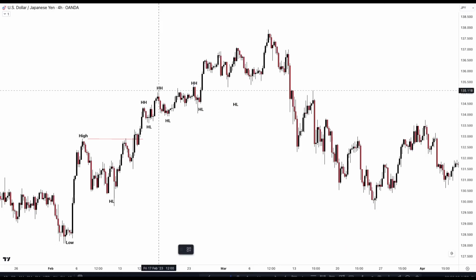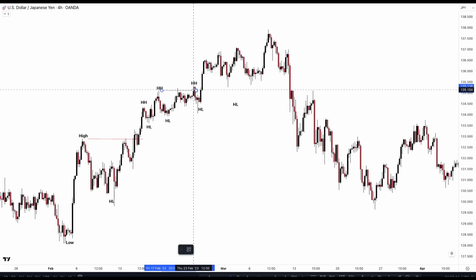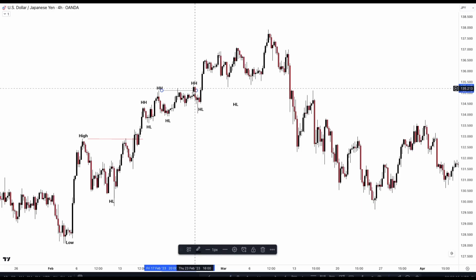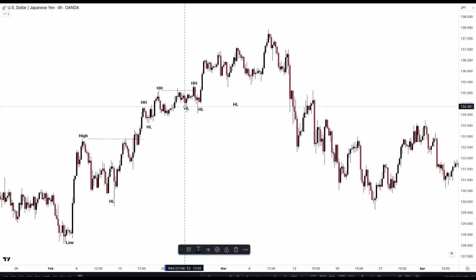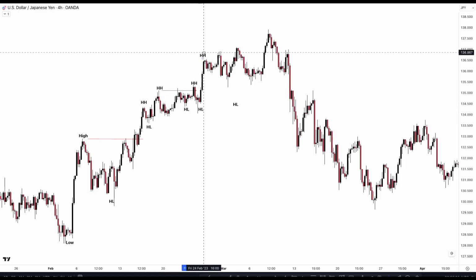Remember, in order for us to have a higher high, we need to break the recent high, and you will see that this broke the recent high. And what made this move to the recent high, as you can see here it is. So then this is our higher low, and from there we have a higher high there, and then from there higher high, then that's our higher low,